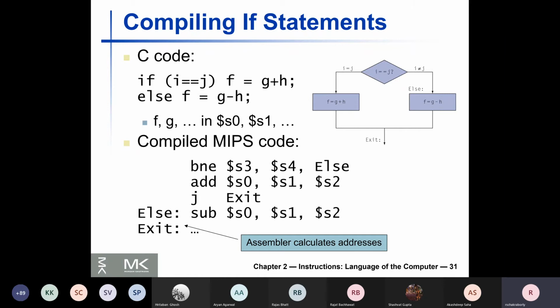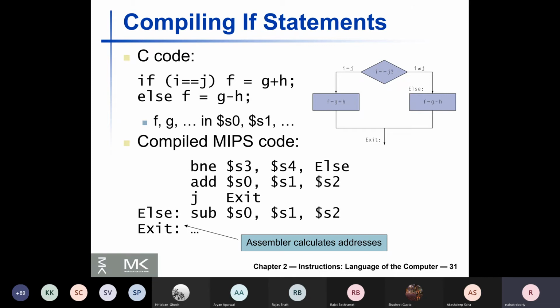You compare two variables i and j. Once you compare the two variables i and j, if i and j are equal, you perform an addition on g and h and store the value in variable f. And if they are not equal, you perform a subtraction. So this is a very, very easy and very common programming construct in C.